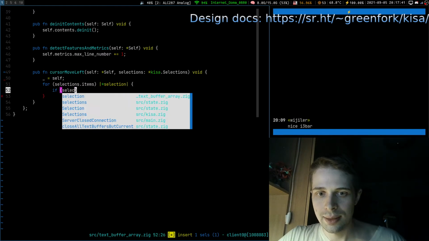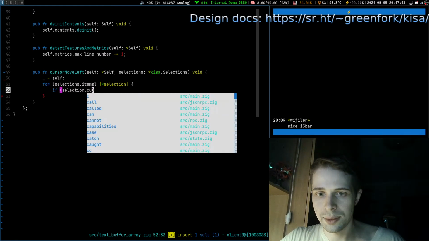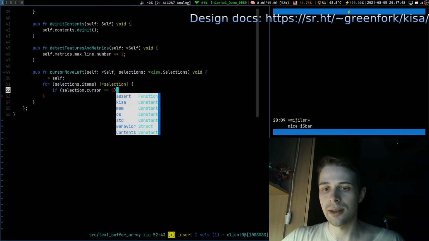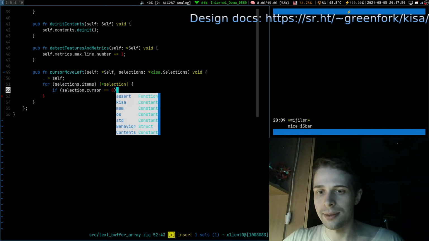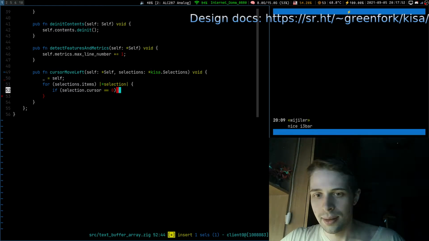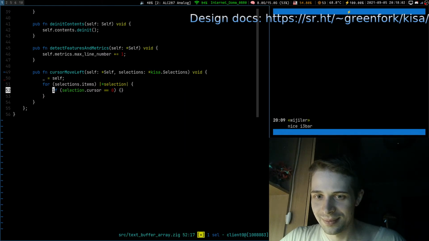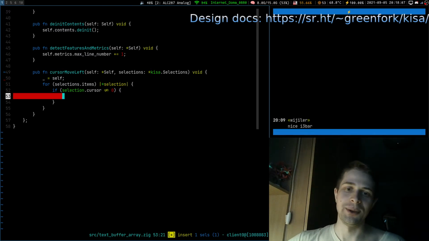If selection dot cursor equals 0, which means its offset in the buffer is 0, then we do nothing. So how do we do it? Probably we say if it is not 0, then we write some code.